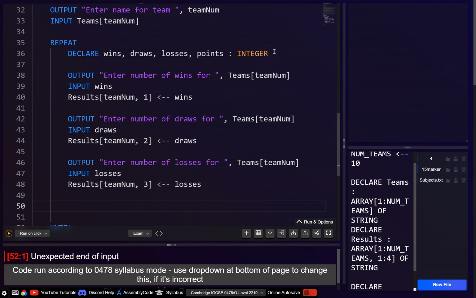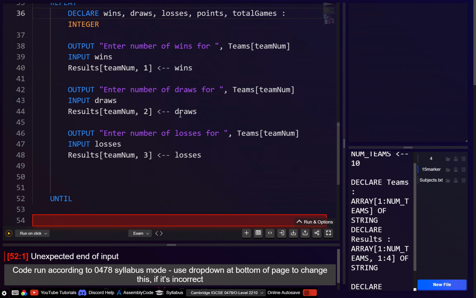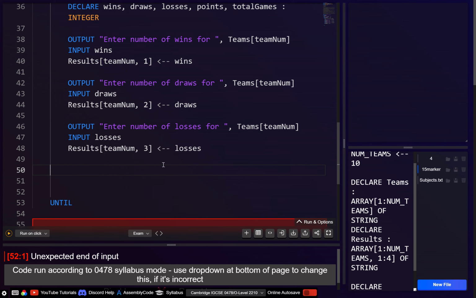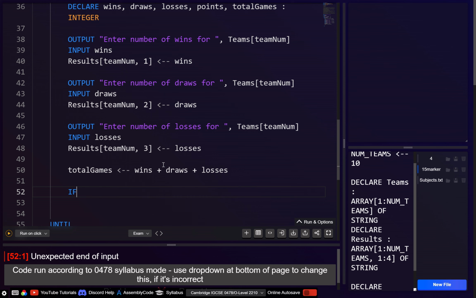Right, so what we can do, maybe let's create another variable like total matches, or total games maybe. And this total games is just going to be the wins plus losses plus draws. So basically the number of games they played. And I think it does say they want relevant error messages. So let's say if the total games is not equal to played, this is of course how many they expect to play, then what we can do, let's say,